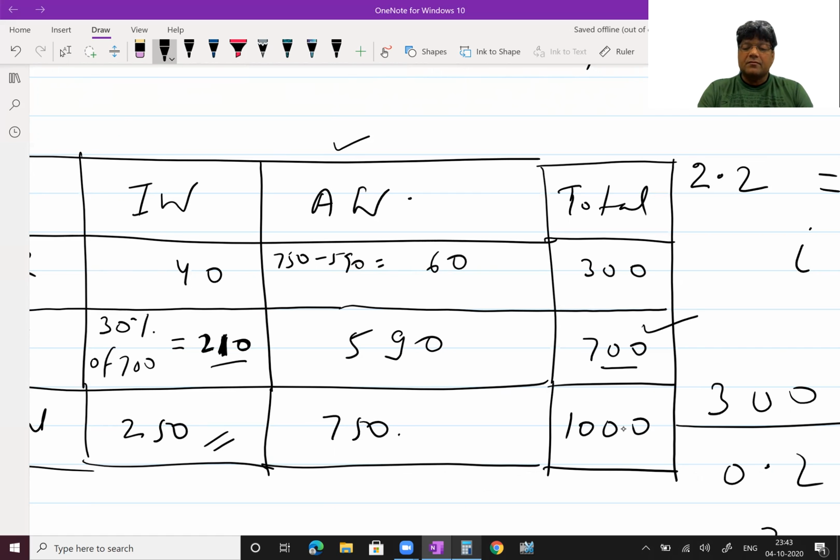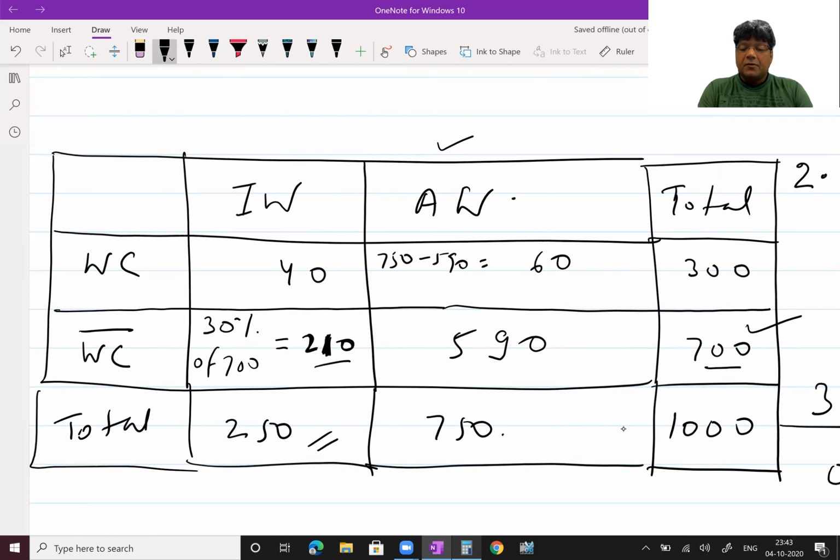Oh, guys, calculation mistake. Because 590 plus 210 will be 800. Here it is 700. Actually, it will be 490. 490 plus 210, that will be equal to 700. 490 plus 10 is 500, 500 plus 200 is 700. Correct. So the remaining will be, this is 490, so 750 minus 490 is 260. 260 are agricultural workers and 490,